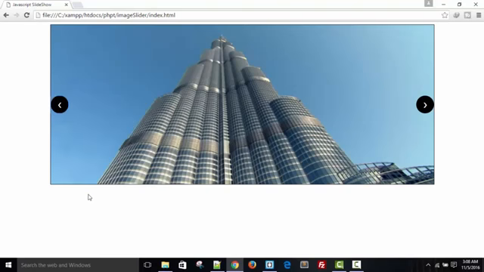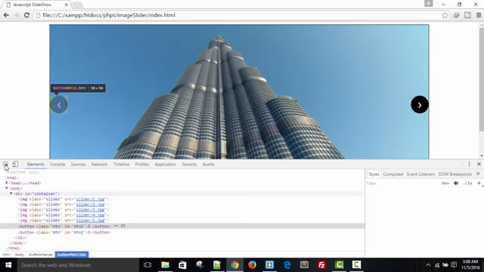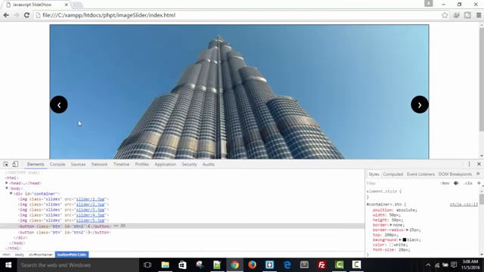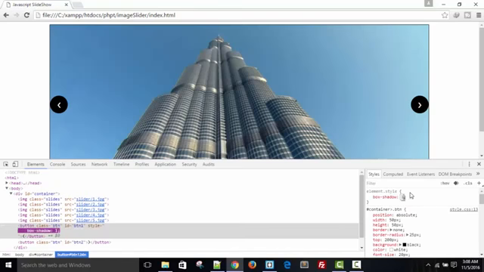Inspect, and select this element. Like the box shadow code, box shadow 0, 10 pixel, 0 pixel, and 20 pixel, black,